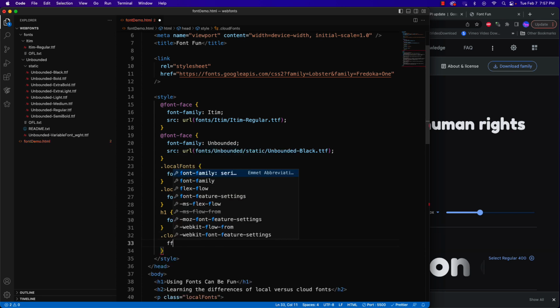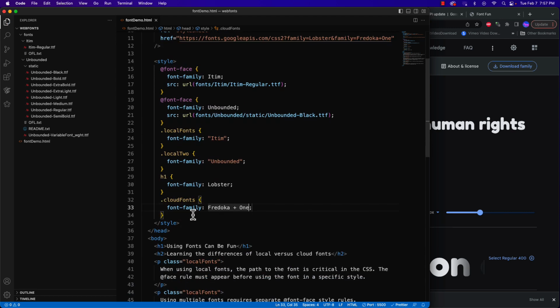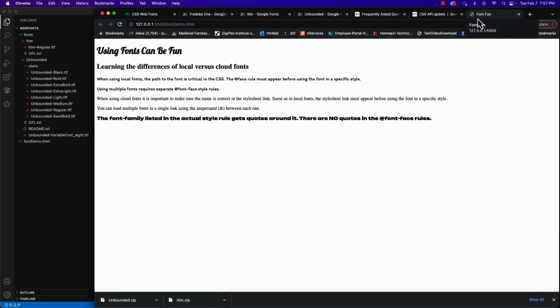And I will say font family. This time it's going to be, and let's try this out. Fredoka 1. Save it out, and